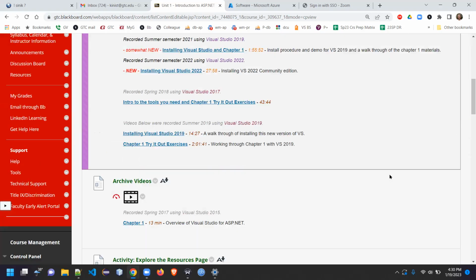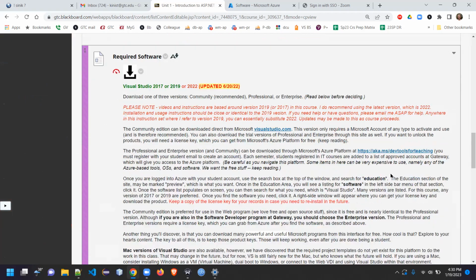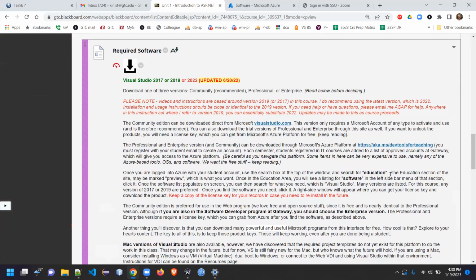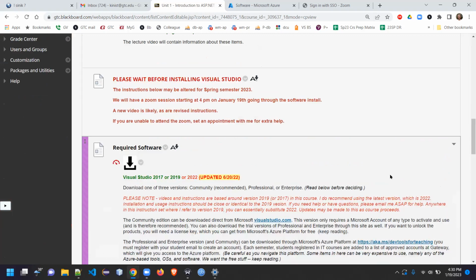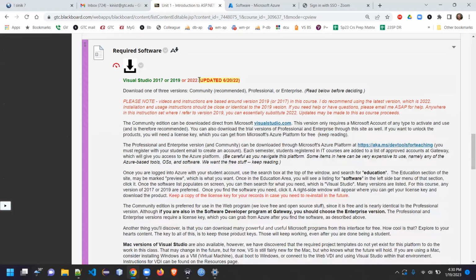All right, folks, we're going to be working on installing Visual Studio. This is the spring of 2023, and I do have in Unit 1 some install instructions, including a little warning to wait before you install Visual Studio because we are doing it in the Zoom pop-up here today on January 19th at 4 p.m. Actually, it's 4:30 now, but the version of Visual Studio that is installed on any